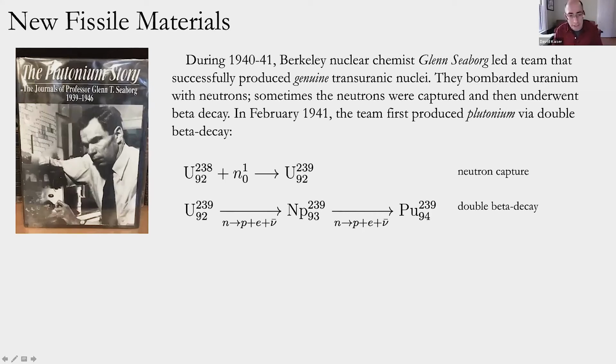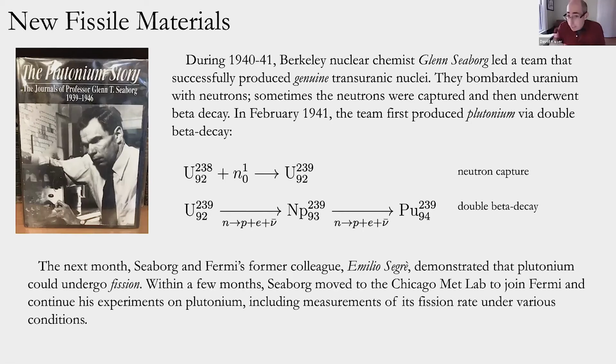So the heavy uranium nucleus, one neutron undergoes beta decay, so the proton count has increased by 1. Then a second neutron within that same nucleus will undergo beta decay, and now you increase the proton number by another step. So now you've made element 94. The next month, after first making very small trace amounts of this new element, Seaborg and his colleague Emilio Segre, who had himself left Italy because of Mussolini,